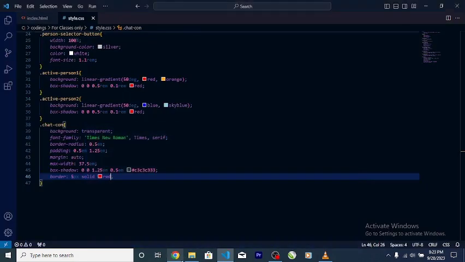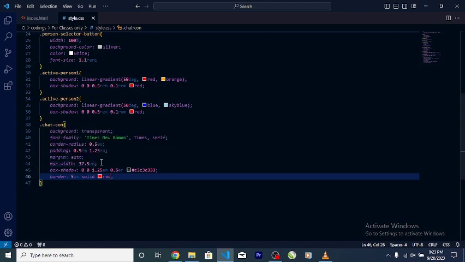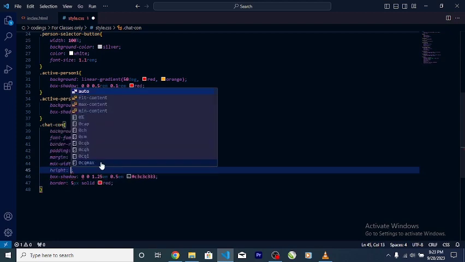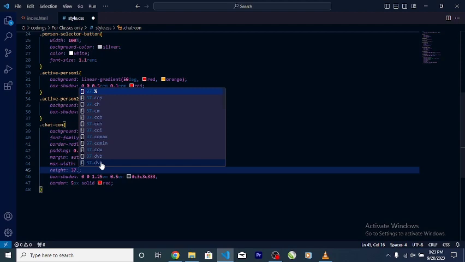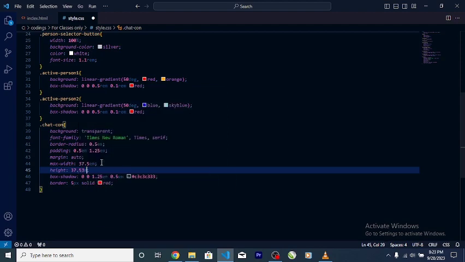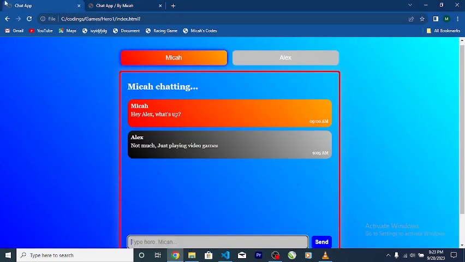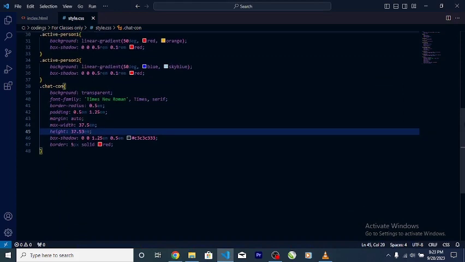but we forgot height. Now it's going to be 7.5em. Save, refresh, now you see it's exactly like this. So let's continue. Down here we're gonna say